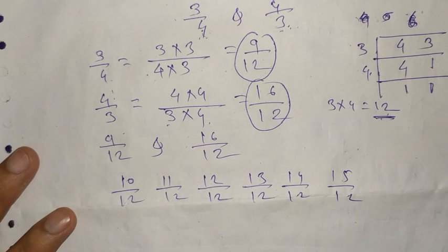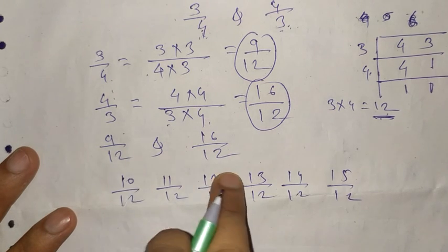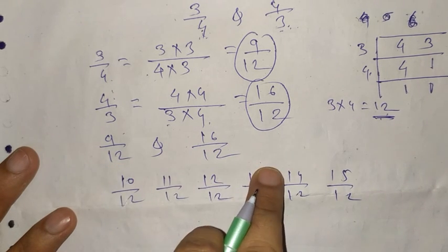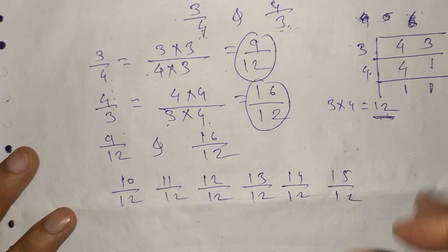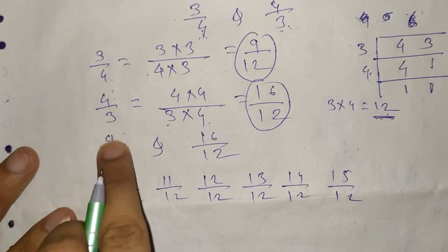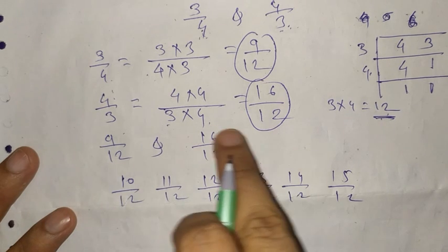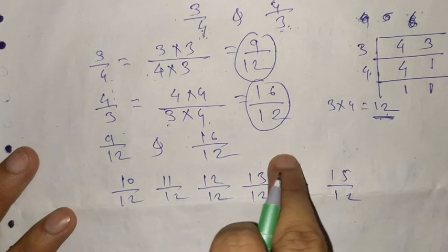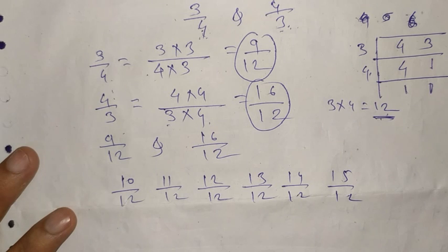In a question, if they ask you many numbers between two numbers, then you have to keep the denominator the same and you have to multiply by a bigger number. Again, suppose if you multiply both the numbers by 2, you will get again more numbers. So in the exercise corner we will see more examples, so your doubt will be clear. This is just the introduction video for you.